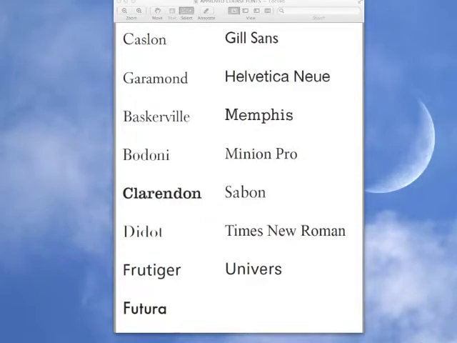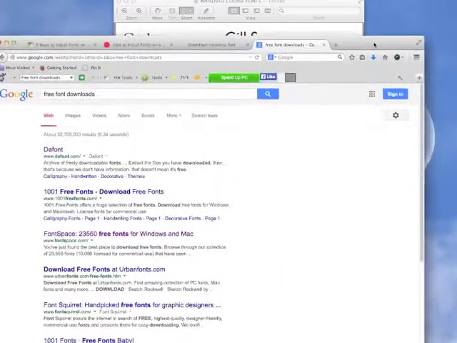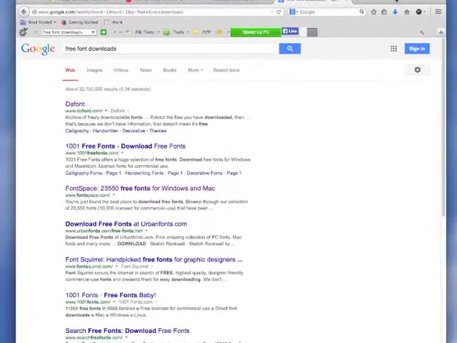But if you don't have certain of the fonts, you can go online and in a search engine such as Google, you can type in free font downloads. You certainly can go on to typography websites and pay for the fonts, and that's probably best in the long run. However, in many cases we don't want to have to pay for these, so you can look for free